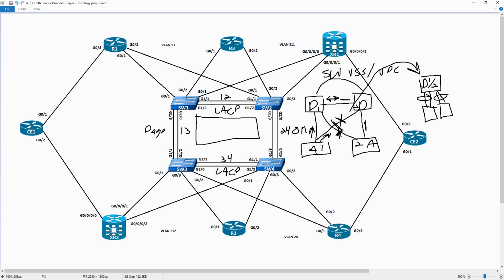So if D1 died, D2 would still be available. You'd just have two fiber uplinks of, say, 10 gigabits per second or something like that, and go forward with that. That's the typical design that I deploy, and it does scale quite well, because then what you can do is, the most common thing I do is I'll do 4 distribution switches like this. I'll stack 4 of them together, and then I will have at the edge in a closet,